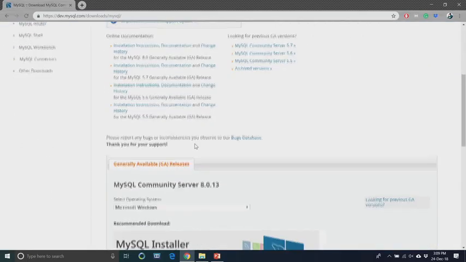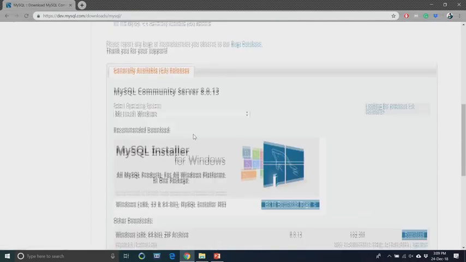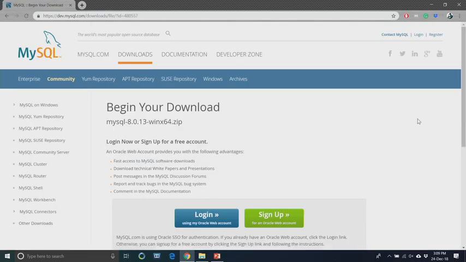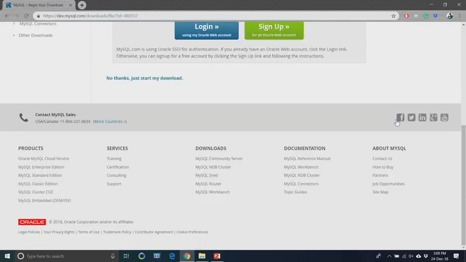MySQL Community Server is there. We open the link and you will find the installer. As we have said, you have to consider the Windows installer here. This is a zip archive, and depending on your machine configuration, whether it is 32-bit or 64-bit, you have to decide on the correct software to download.